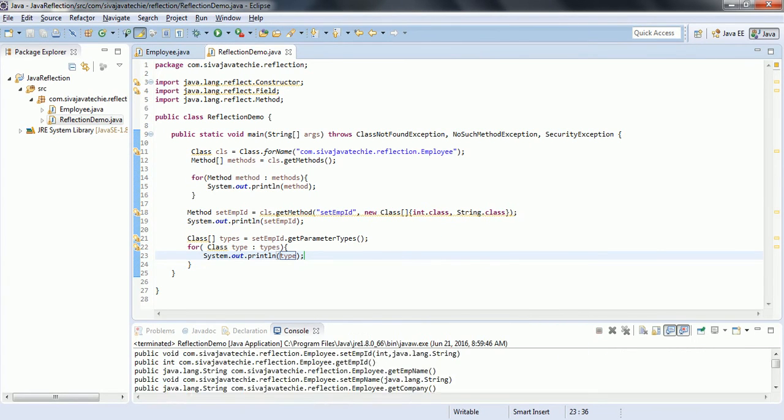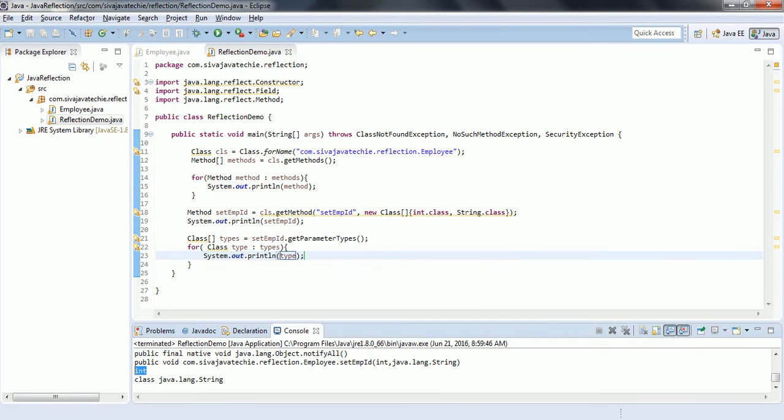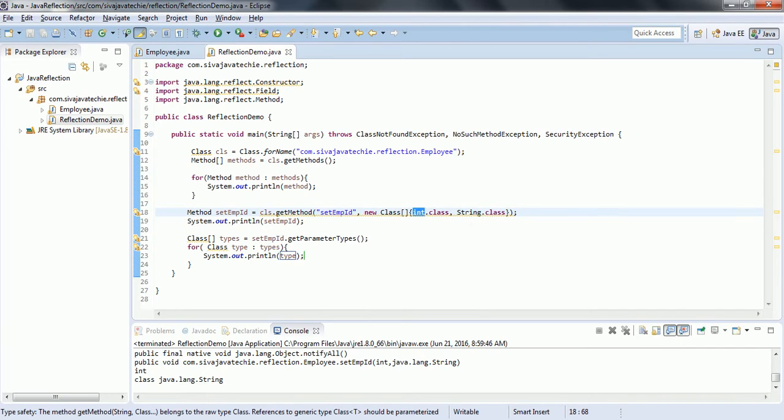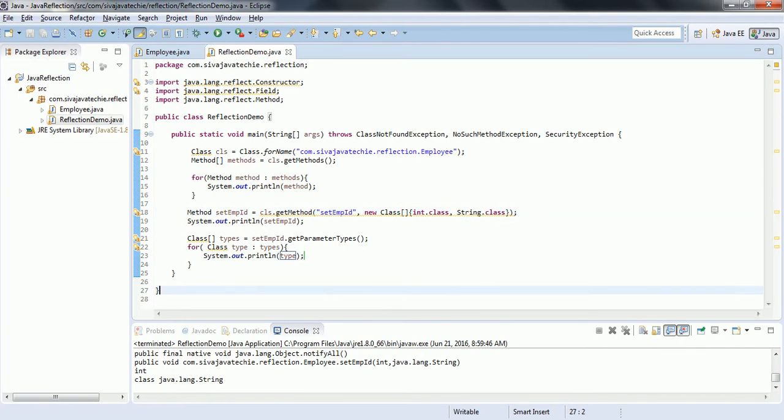Now if I run this program, you see integer and the class java.lang.string. So for this method, there are two types defined: one is integer, and the other takes a string class object. This is how you can find out the parameters declared for the method.